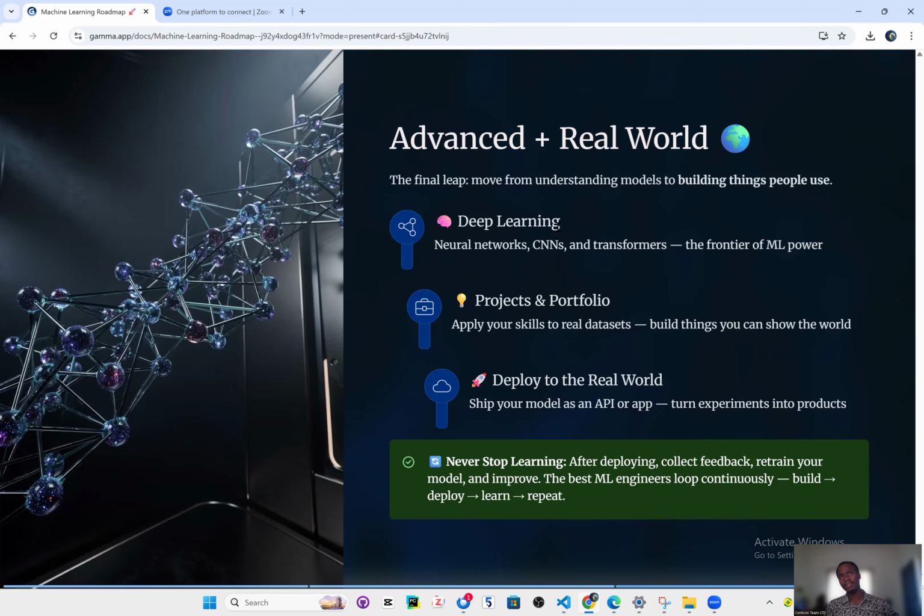Make sure you get started with Python, you understand the basics, then you move to statistics and probability, you try to understand that, and then you forge ahead into building models and all of that. So remember, it's just about taking it step by step. And of course, there is nothing stopping you from becoming a master.